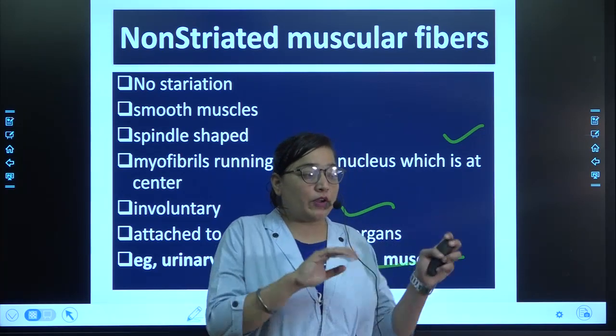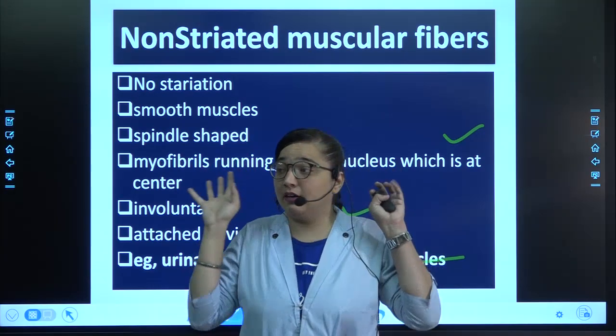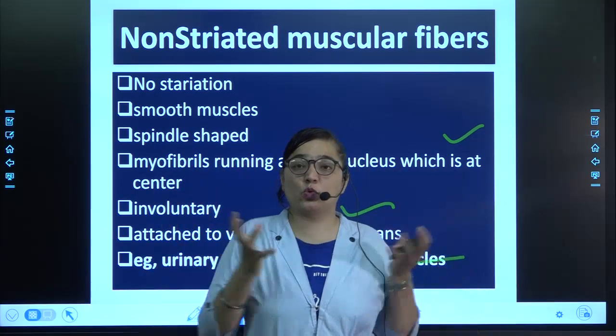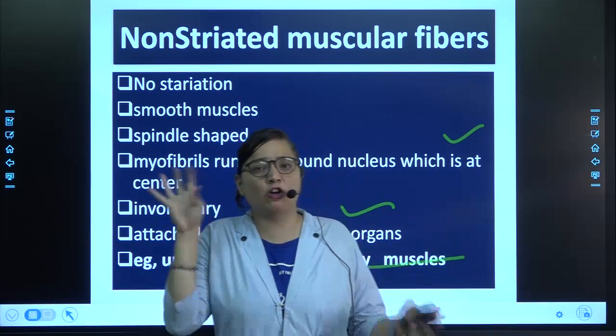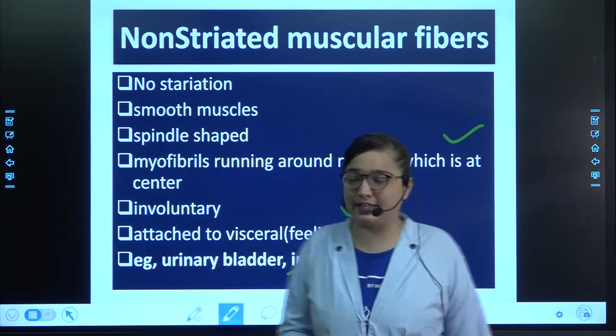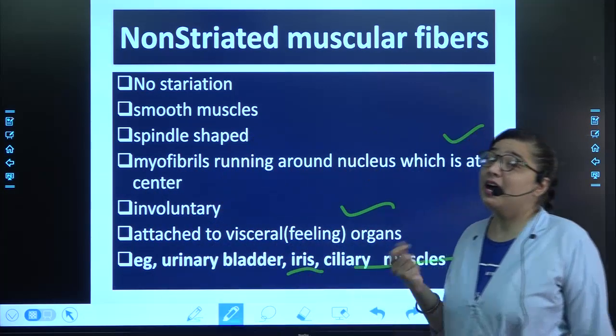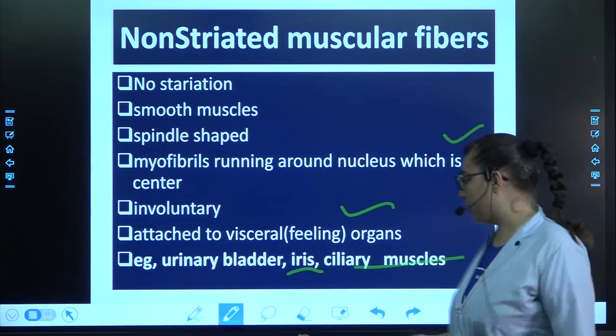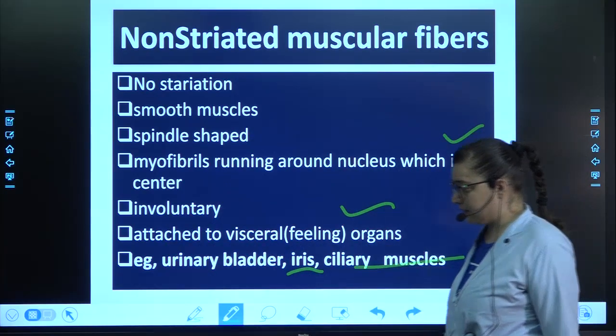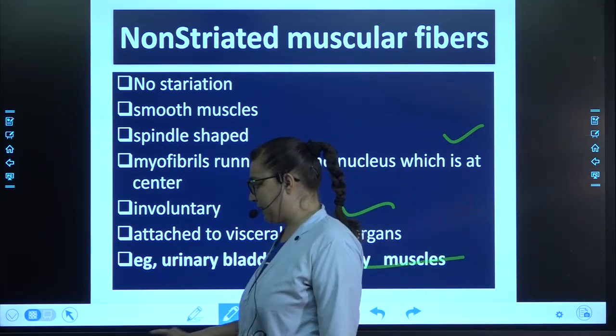Or even when you are going from a very bright place to a place where it is dark, then also you have some kind of similar feeling. Why is that happening? It is happening because of this particular control. Then ciliary muscles. What are the functions of ciliary muscles now?